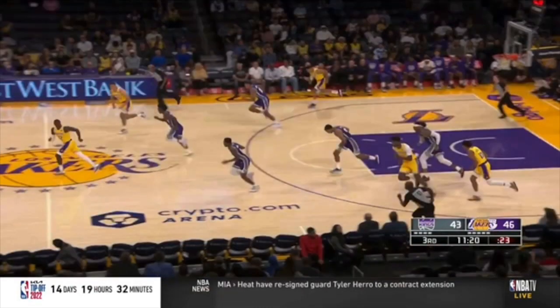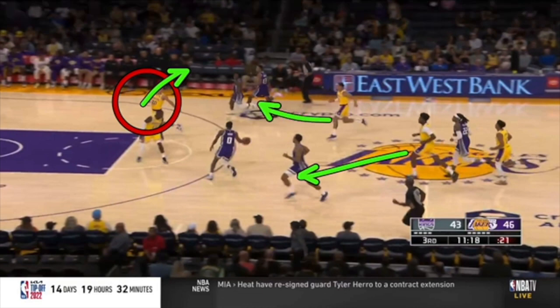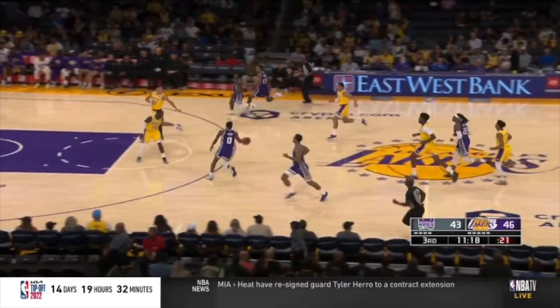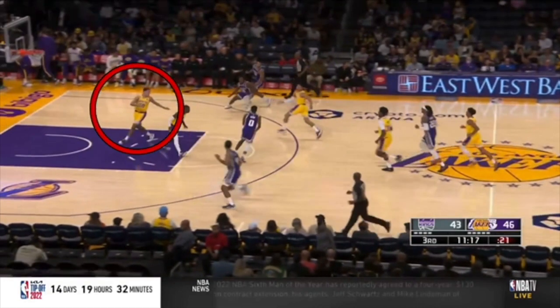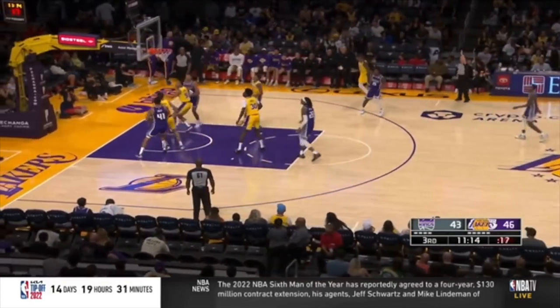Multiple mistakes in transition here. First of all, this player needs to be sprinting back, not jogging, okay? Because if he's sprinting the whole time, he's right next to this player. Secondly, this player can't go to the middle of nowhere. He's got to go find a King's body. So this player also can find someone on Sacramento to guard. But we got someone jogging, someone going to the middle of nowhere. So it's just going to eventually lead to a wide open Kings 3.